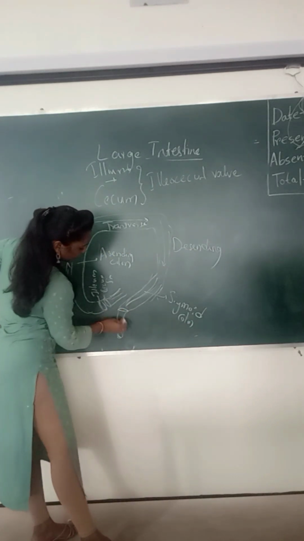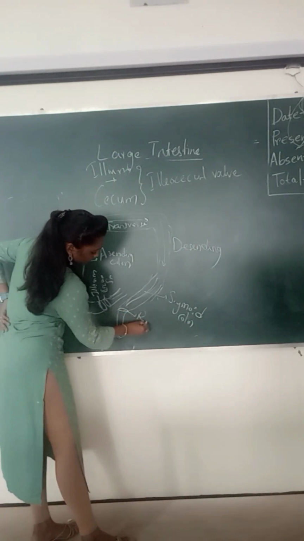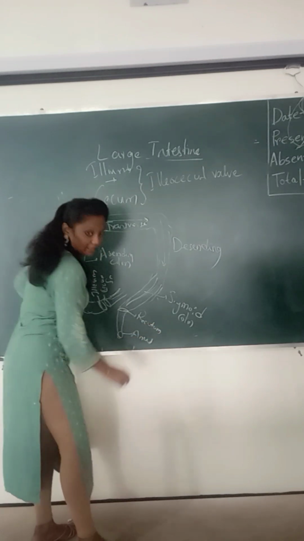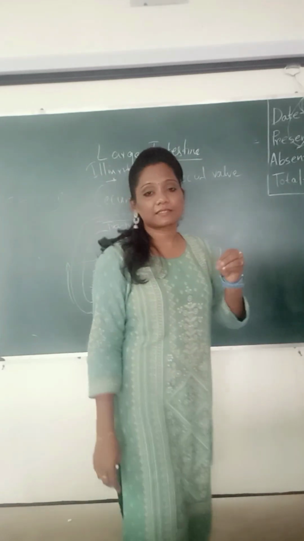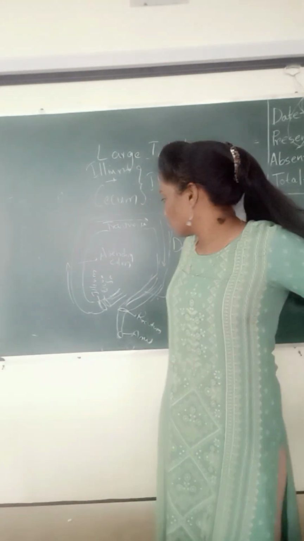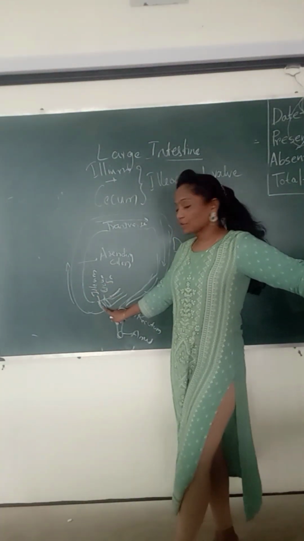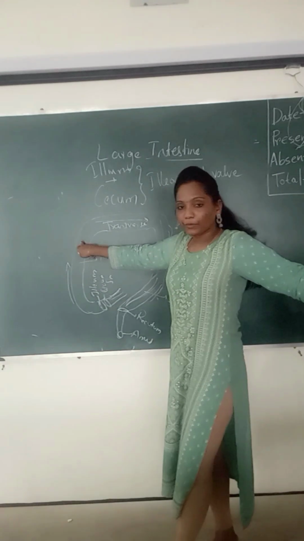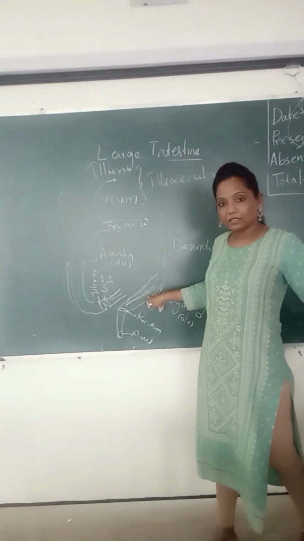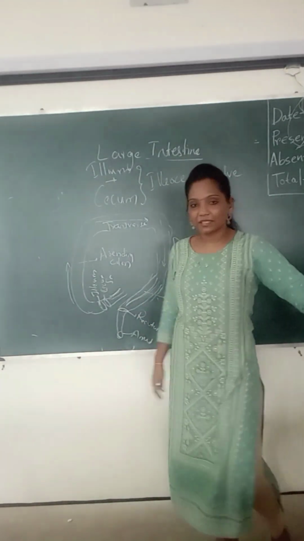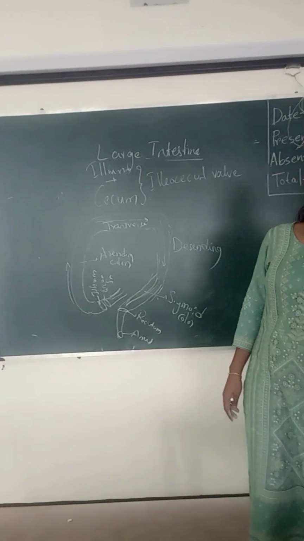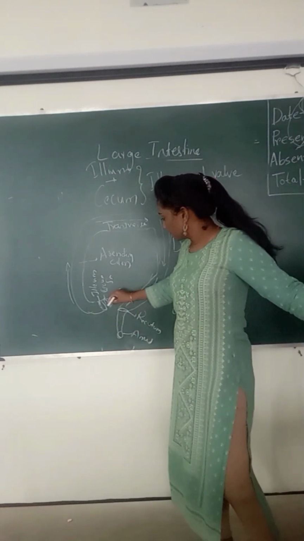Next, the ending portion is the rectum and anus. If you are able to explain this diagram and content, that is more than enough. The starting portion is the ileum, going upward it is the ascending colon, then transverse colon, descending colon, and the corner before the rectum is called the sigmoid colon. And usually the cecum length is about